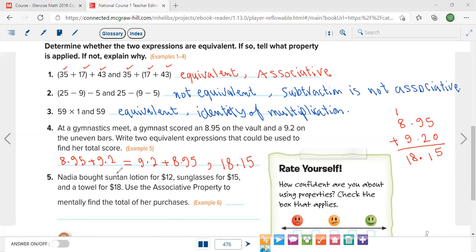Nadia bought suntan lotion for $12, sunglasses for $15, and a towel for $18. Use the associative property to mentally find the total of her purchases. So it will be smart if we get this one close to this one, because these two will form 30. So we're going to say 18 plus 12 in parentheses, then plus 15, because this will make the problem easier to solve. So this will be 30 plus 15 will give you 45. Of course, 45 what? $45. So that's it for